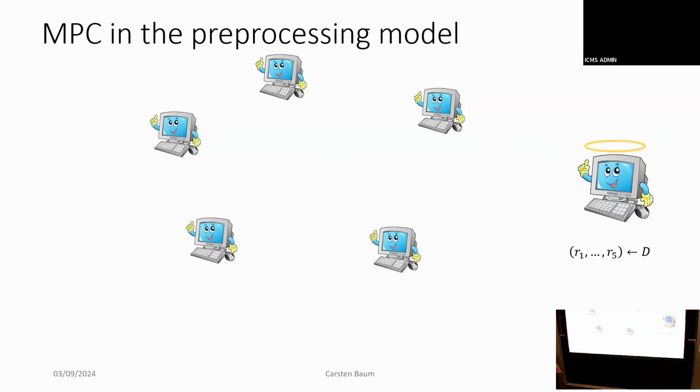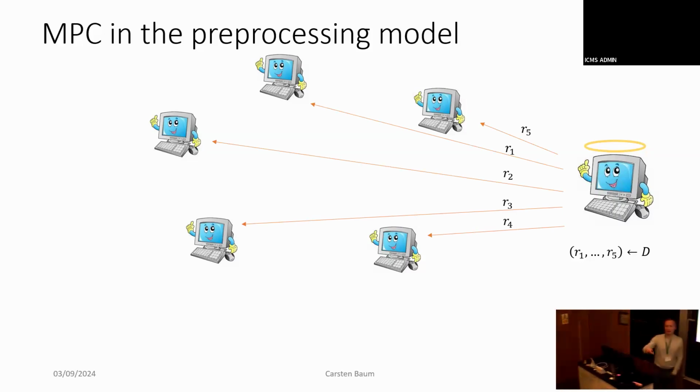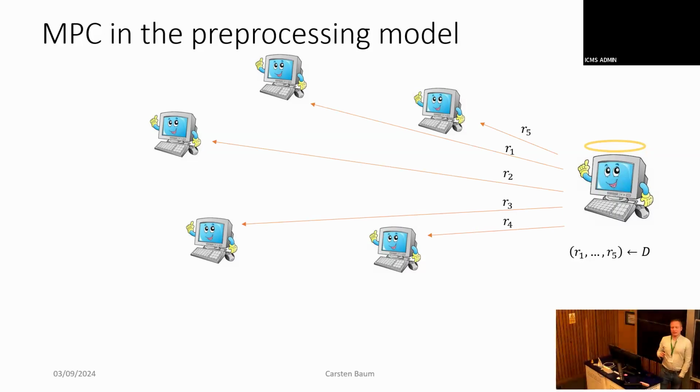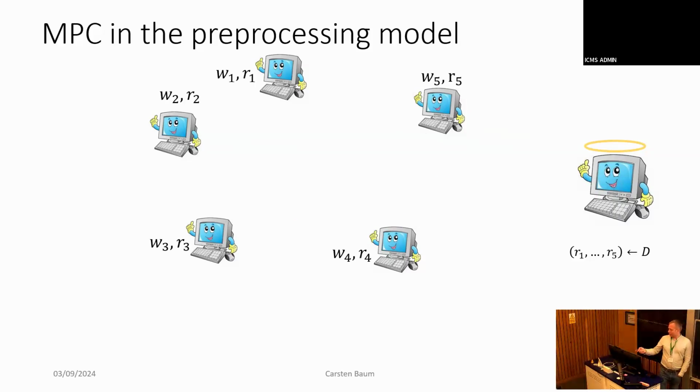And what this party does, before the whole multi-party computation, is take an efficiently sampleable distribution D. It's going to sample something from this distribution, and then everybody is going to get their share from it. So this distribution might be 5 correlated variables, and I'm just going to give everybody whatever I sampled. And then the ideal party goes away, and only afterwards the parties get their inputs and then run the computation based on these inputs. Yes.